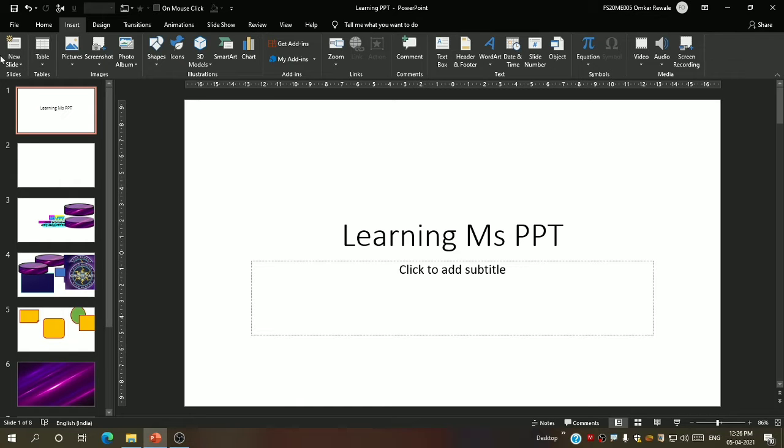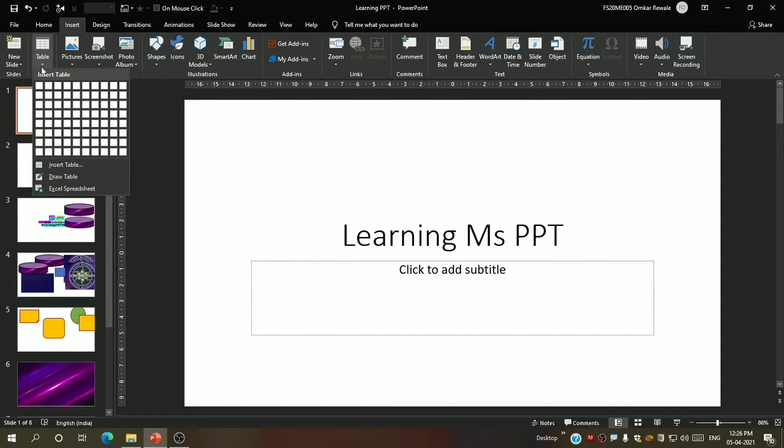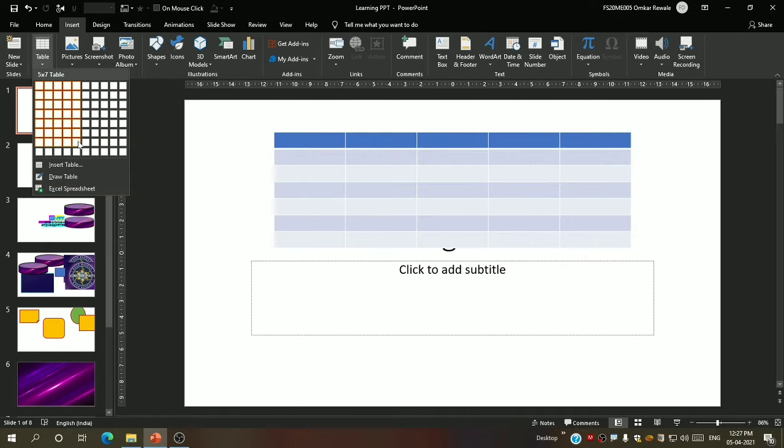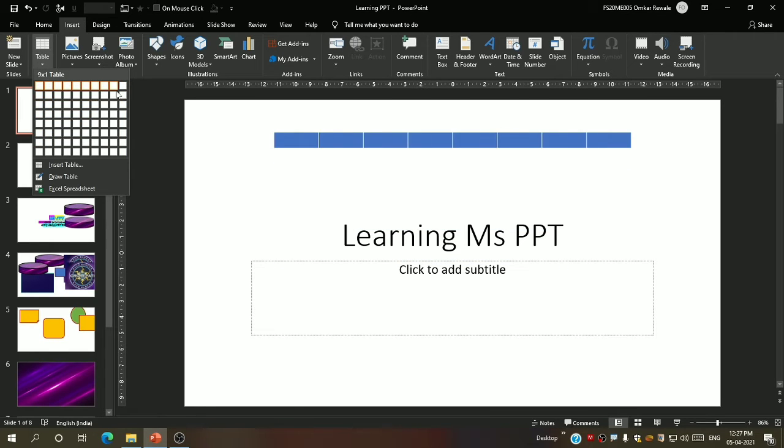So very first, starting from new slide, as you know, new slides. What next? Tables. Now this is something new for you. How to add tables? You can see here a big grid which decides how many tables you want. The yellow margin also occurs at the slide. You can see as I am moving my cursor, the table sizes are changing.